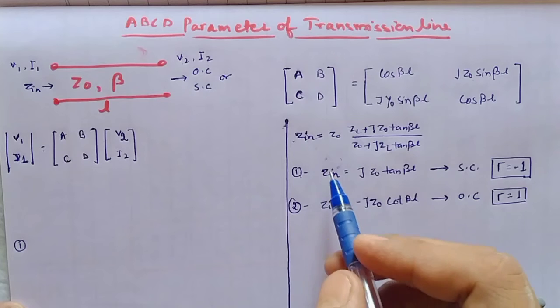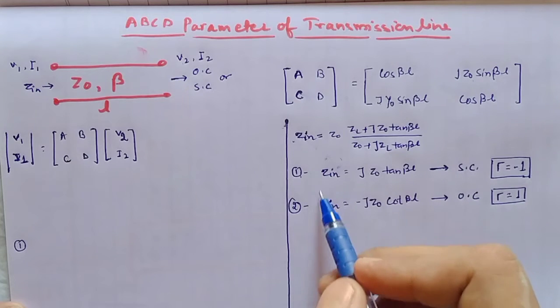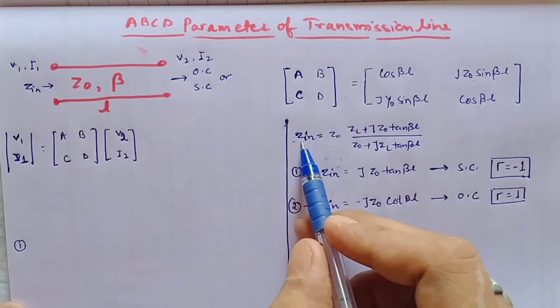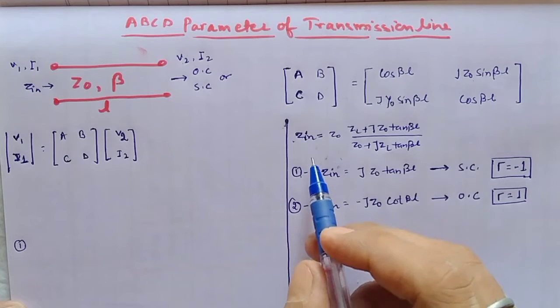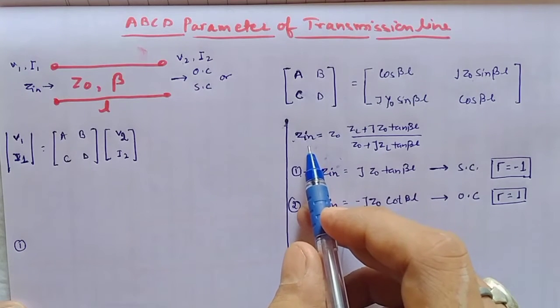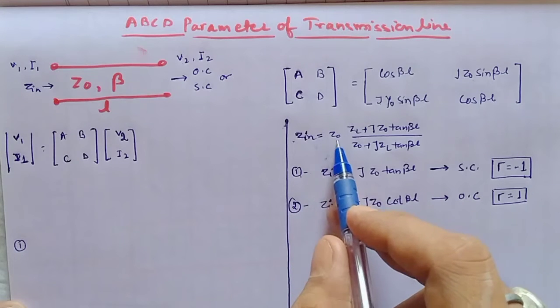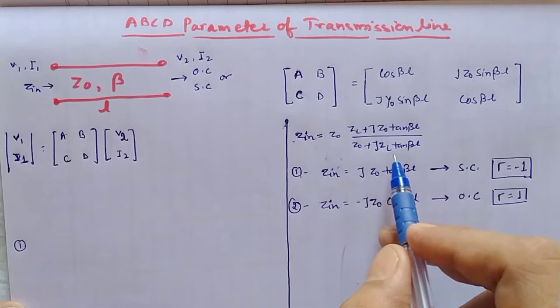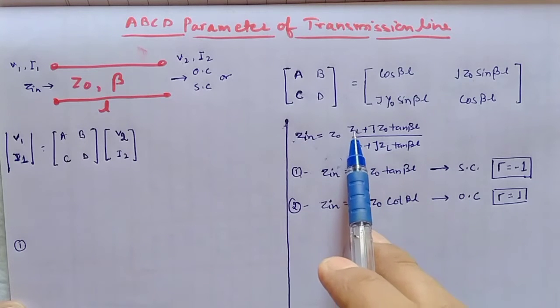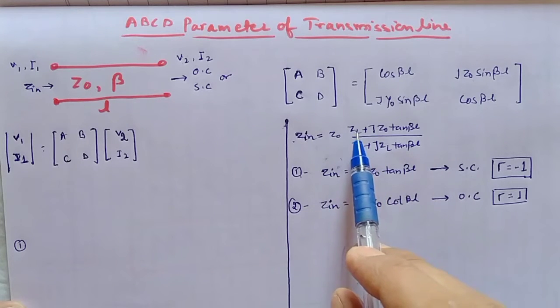During the derivation, we will use these two conditions, and these two conditions can be derived from the input impedance equation. Already I have discussed this in my previous video lecture on input impedance for a transmission line. So Zin is equal to Z0 times (ZL plus jZ0 tan beta L) divided by (Z0 plus jZL tan beta L). Once I will keep ZL 0 and once I will keep ZL infinity,